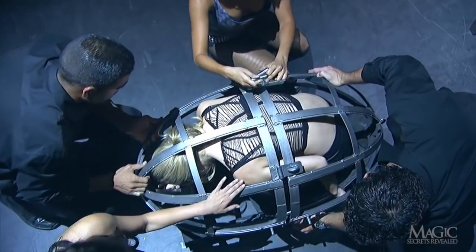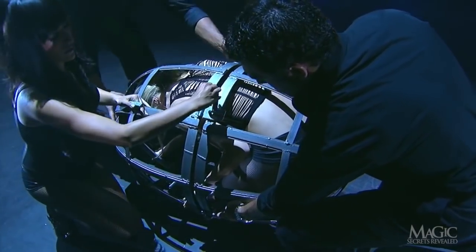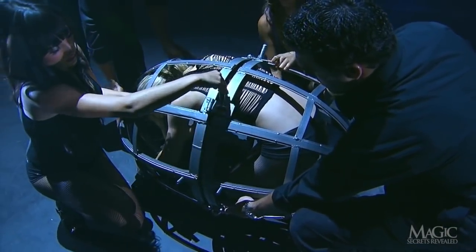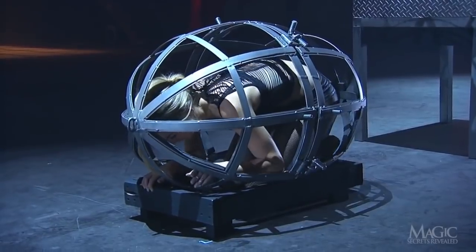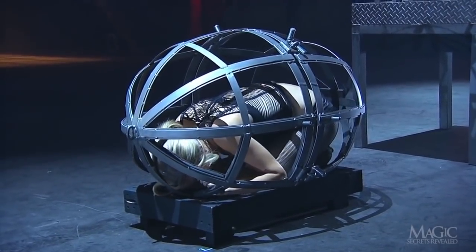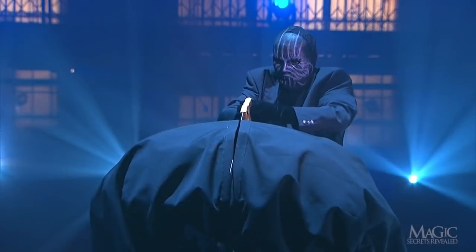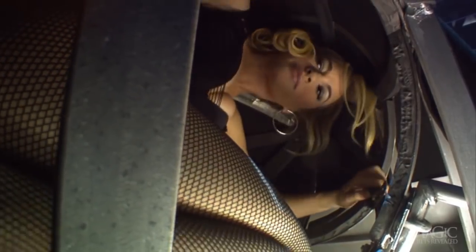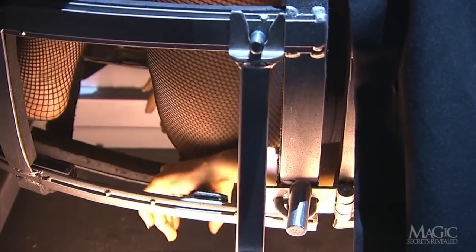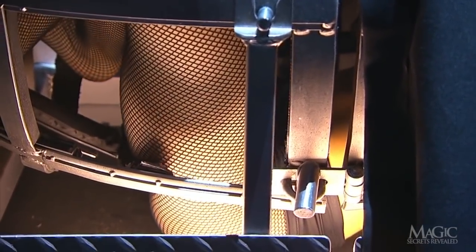As the halves are secured, she keeps her back arched, and the cage looks almost too small to contain her. But when she bends down, we can see that this is only an illusion. She has more room than we imagine. Once the cage is in its mount, the girl has plenty of room to roll over onto her back. In this position, she's able to slide some of the metal straps away, allowing her to drop down out of